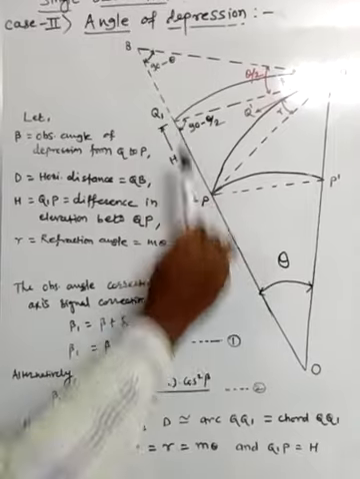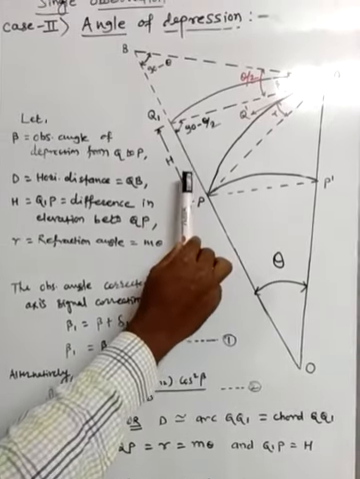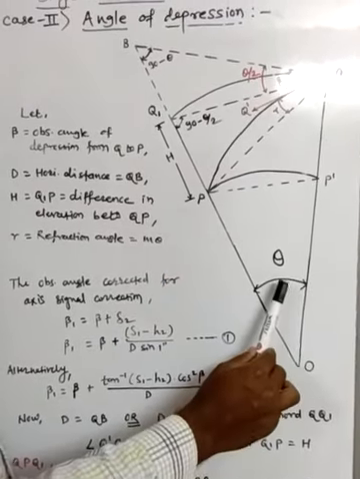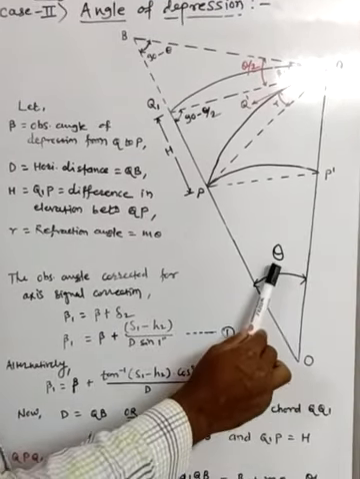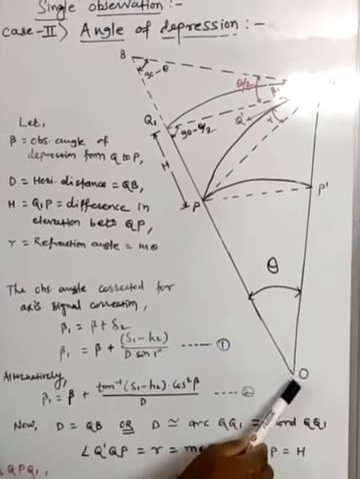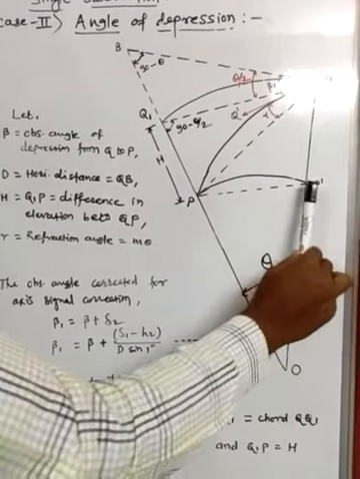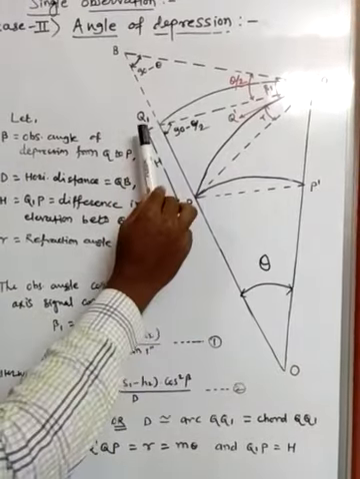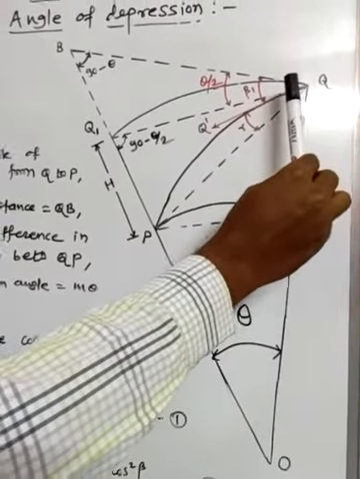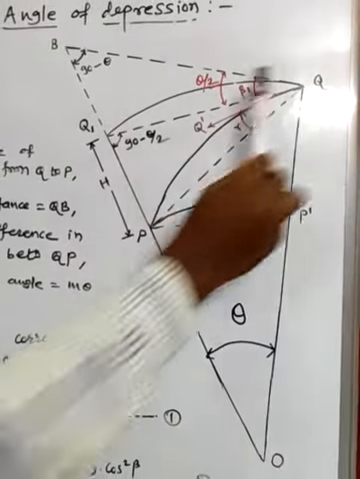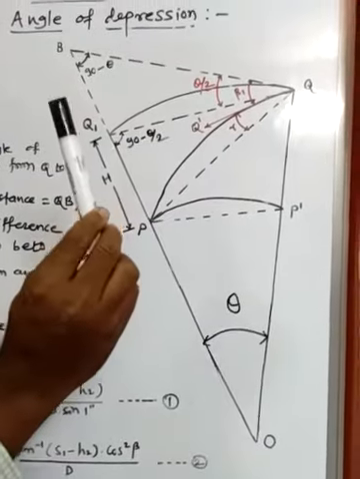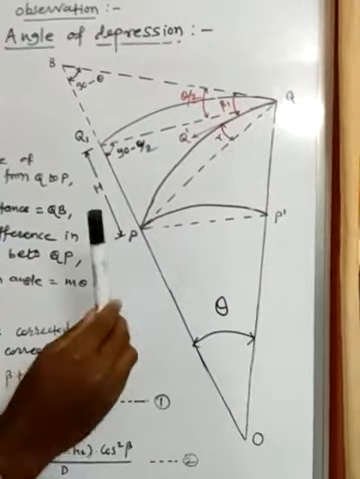Q1P is equal to H. H is the difference in elevation between Q and P. Then what about this theta? Theta is the subtended angle on earth over which the observations were made. This is O, this is P1, this is point Q, and point B. Then you have to consider the horizontal distance D, which is Q to B, which is nothing but equal to Q1 part, where arc and chord will be similar